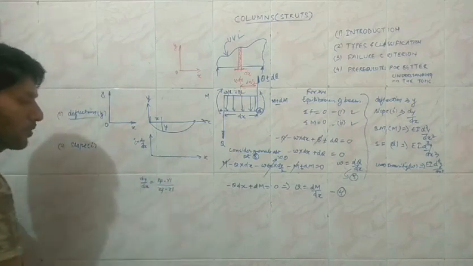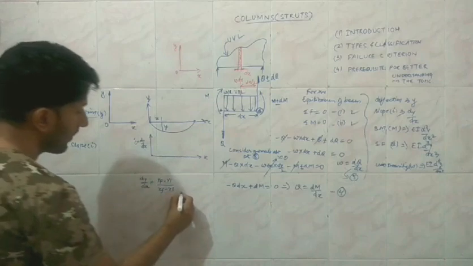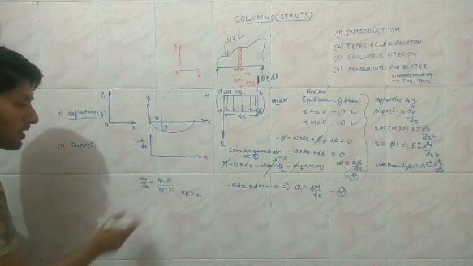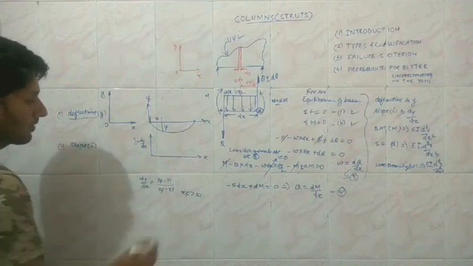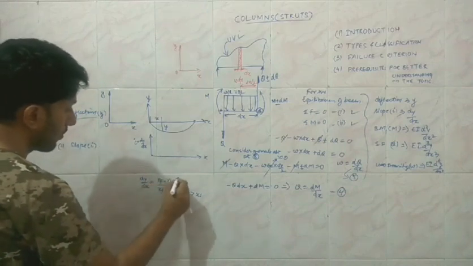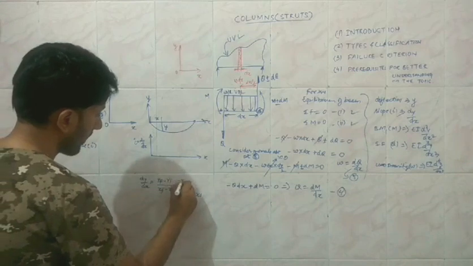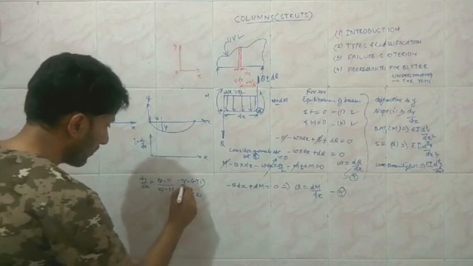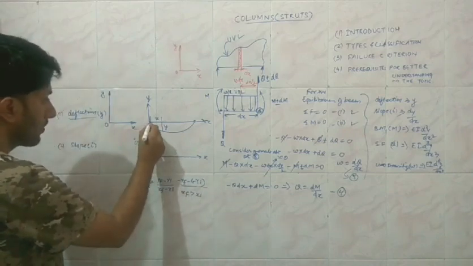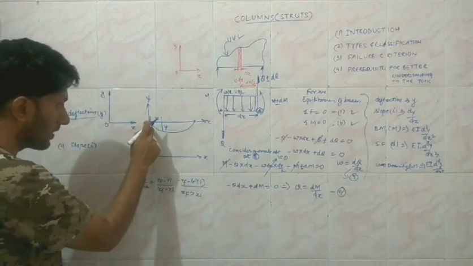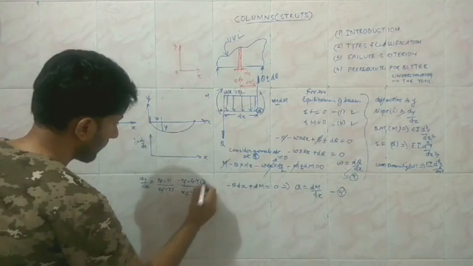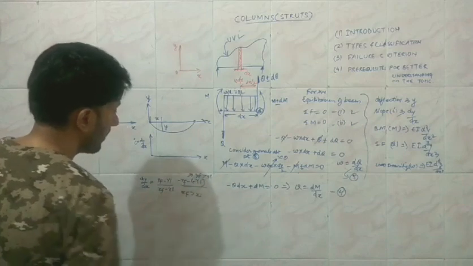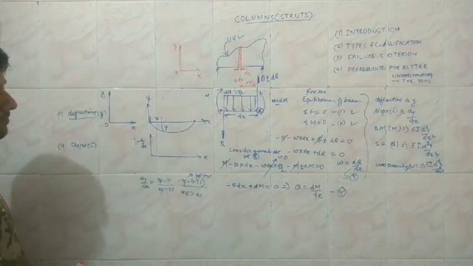So the x quantities are positive, and we know that the final value of x is greater than the initial value of x. So this is going to be positive. Your denominator is going to be positive, and the numerator over here, because both the quantities are negative, so minus y final minus initial value. And we know that the final value in this case is greater than yf. We also know that yf is greater than yi. So the sign is going to be negative.